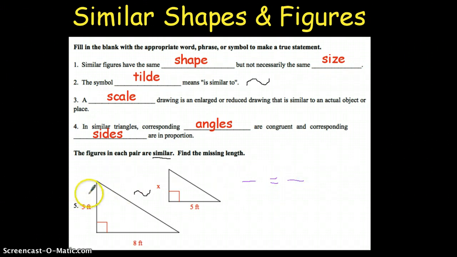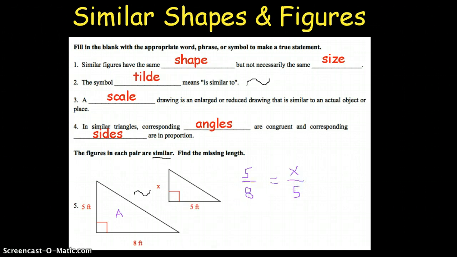Right? So for this first triangle, I'll call it A. Right? I'm going to use the proportion 5/8. Right? It really wouldn't matter if you did 8/5 as long as you met corresponding sides and the other ratio on the other side of the equal sign. Right? So since I have 5/8 here and I have a 5 up top, I have to put an X up top of the ratio on the other side of the equal sign. So I'm going to use an X, and then I'm going to put the 5 below,